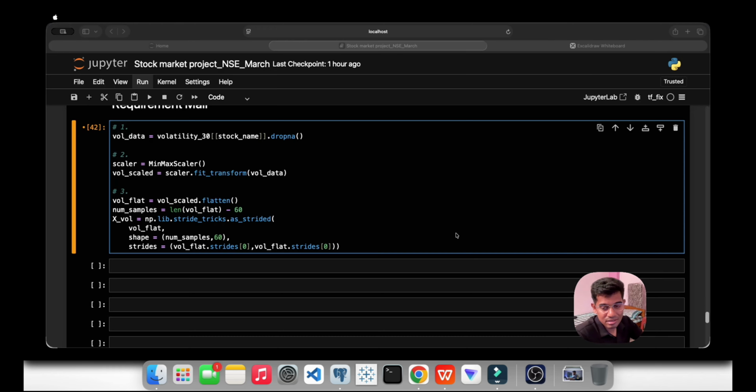Compile, because we have already seen we have to use the optimizer. Adam will be used. Oh sorry, I made a spelling mistake. Adam will be used and loss for MSE. Okay, let us go point to point, then I will execute it step by step.